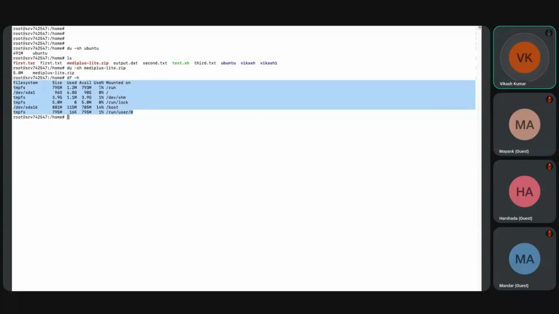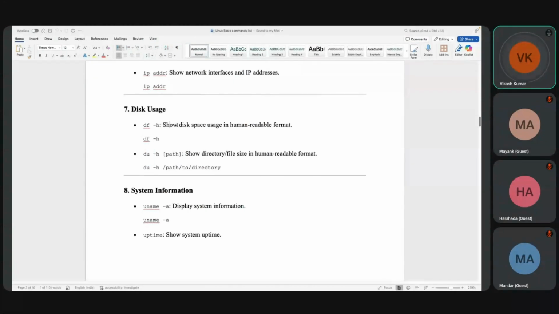Sometimes you try to run some system, but there is not enough storage. Because of that, the process is unintentionally stopped or dropped. Then you can go and check the df -h command to see if we have sufficient storage or not. If not, then we have to increase it. So the df command will help you show the disk space in a human readable format. To show the size of directories or files in human readable form, we use the du